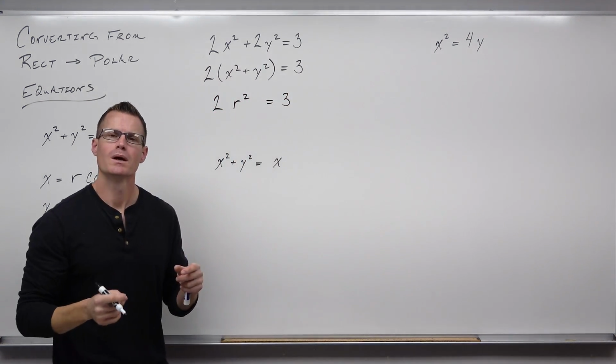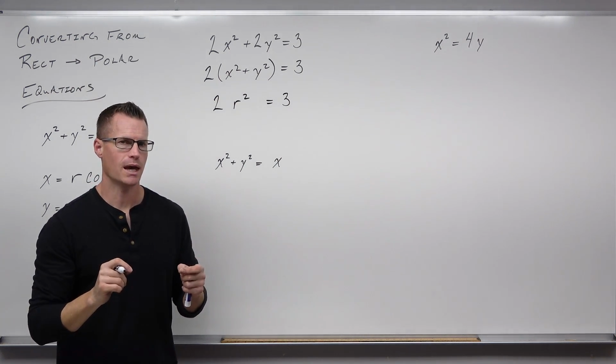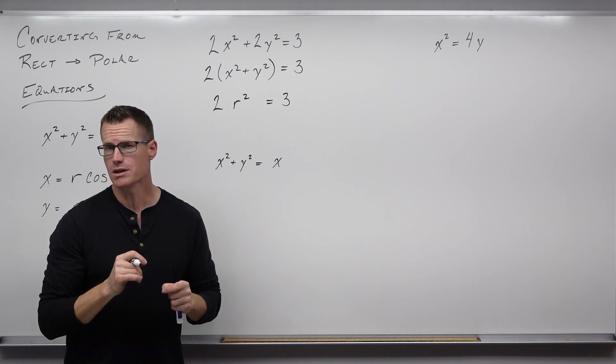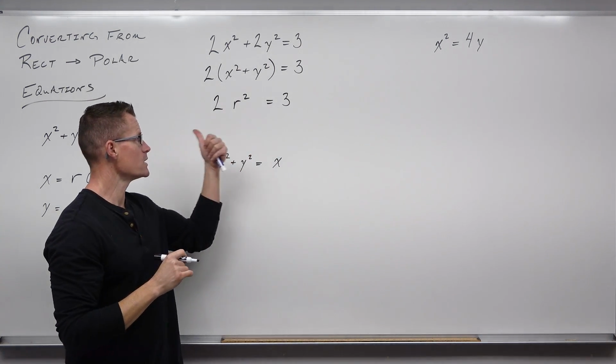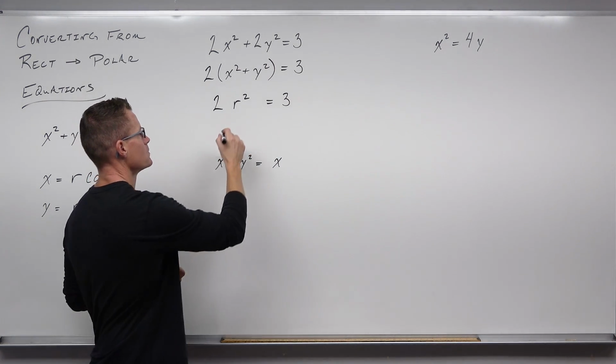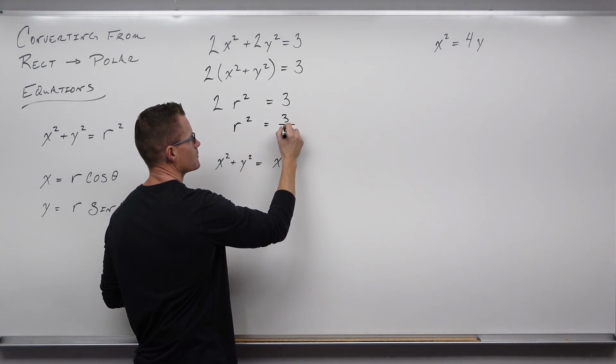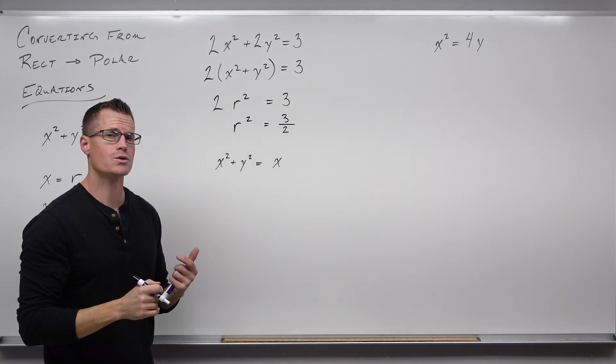Now, what do you do from there? Solve it for r if you can. And the reason why we might want to do that is because it'll be easier to see what this actually means. So if we divide both sides by 2, and we take a square root,